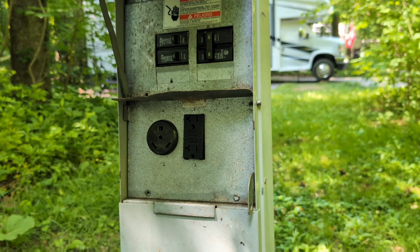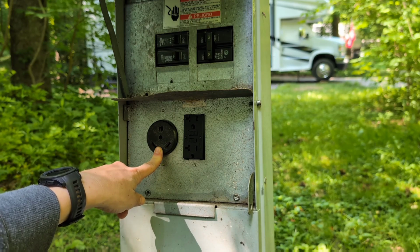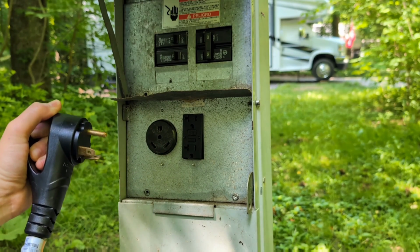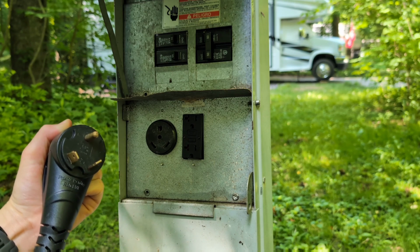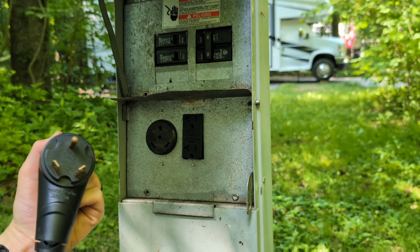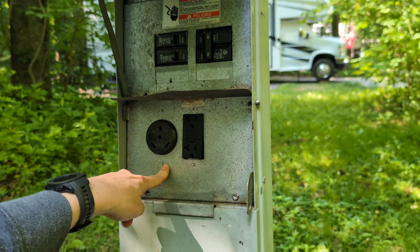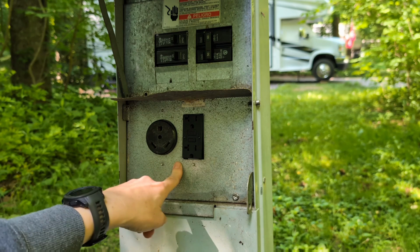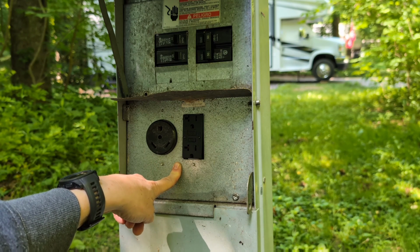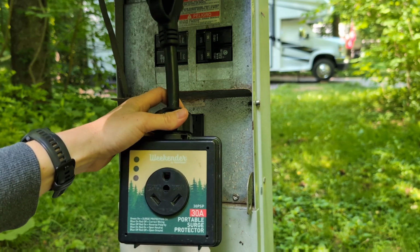Now it's time to plug in my trailer. I know I have a 30 amp cord coming from the trailer and a 30 amp connection at my campsite, so I know they're compatible. But there's a simple thing you can put between your trailer and the power podium to protect your trailer and all the sensitive electronics inside, because campground electricity can be unreliable. There can be reverse polarity, there can be surges, and all those things can damage the sensitive electronics in your trailer. All you have to do is get yourself a simple surge protector to put between the